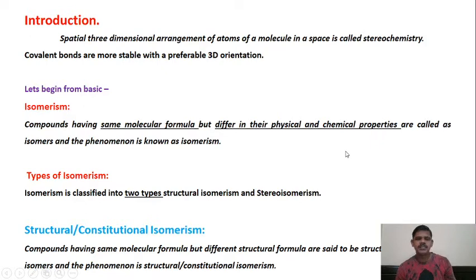Suppose we take the example of methane, in which carbon is the central atom. Carbon is the central atom and four hydrogens are placed around it in sp3 hybridization, right? So all four hydrogens are arranged spatially in three-dimensional space around the carbon. The study of the arrangement of these atoms comes under the study known as stereochemistry.